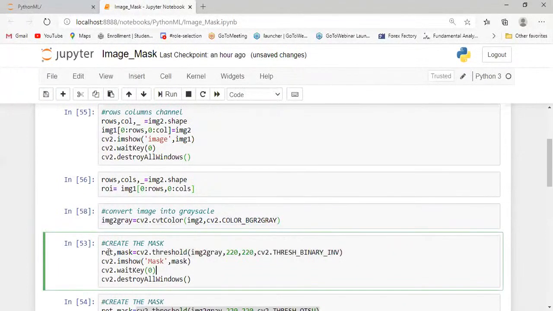In the second command you have to create the mask using the threshold method. The return is the variable mask equal to cv2.threshold, passing image to gray, passing the parameter pixel value of the white color. The binary inverse is the method of threshold. You have to convert this image into the mask to remove the background of the image.